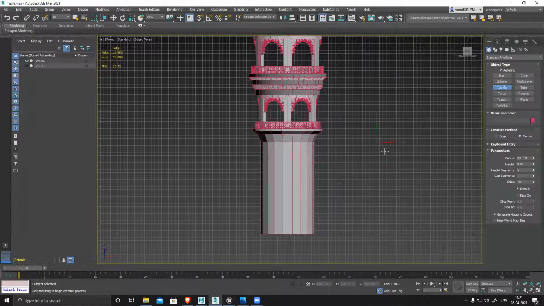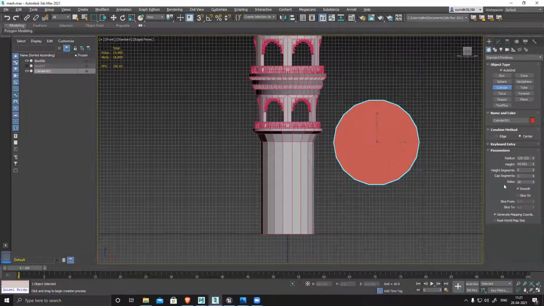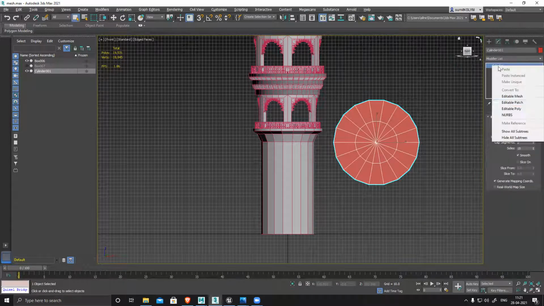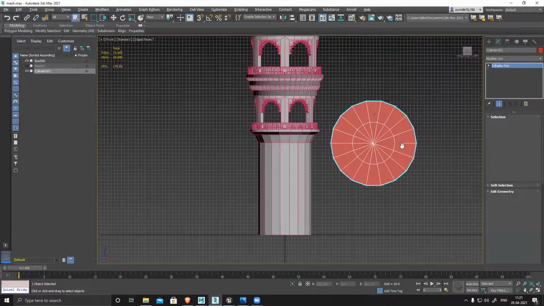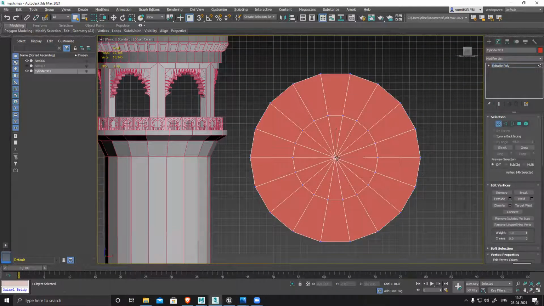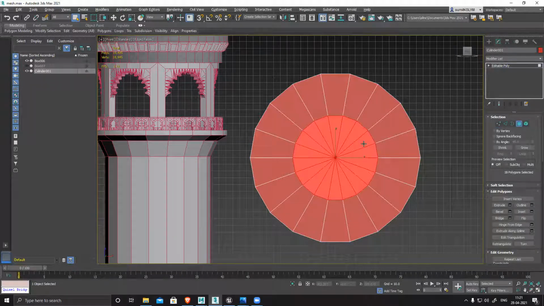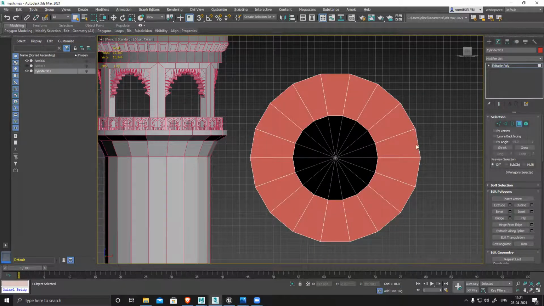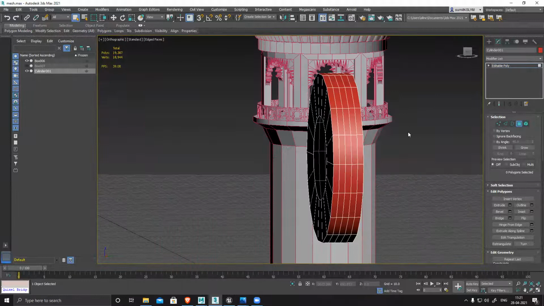Cylinder. Poly. Vertex. Break the face, delete it, and the entire backside from left.